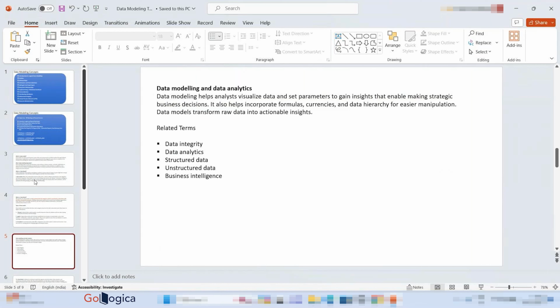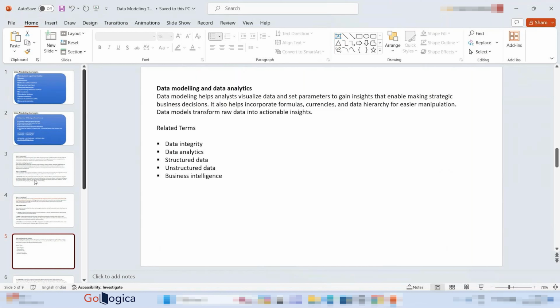Again, repeating my words: data modeling and data analytics, because modeling helps create better visualizations for the stakeholders, the customers, the senior management, and so on. It totally depends upon the data modeler, how he creates a model so that it helps the data visualization team or the data and analytics team,